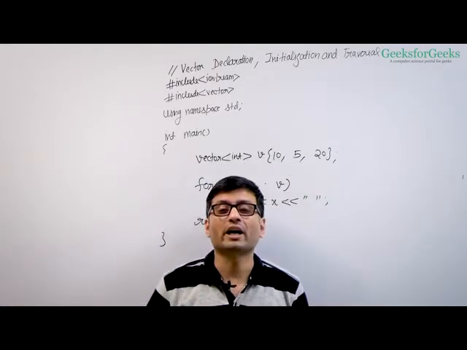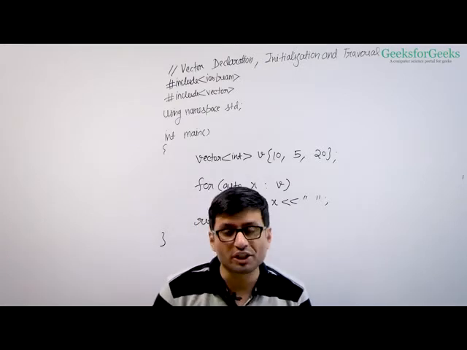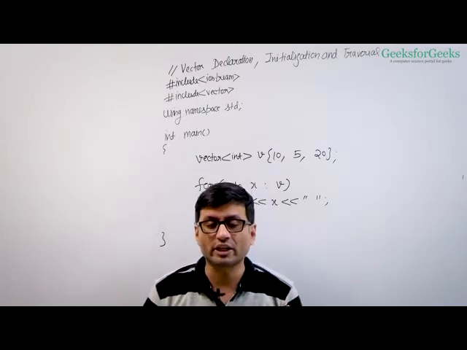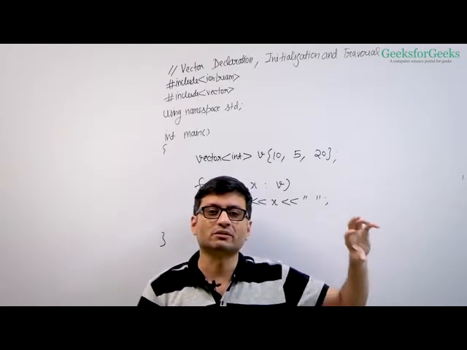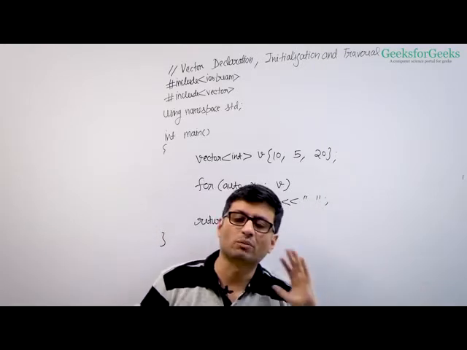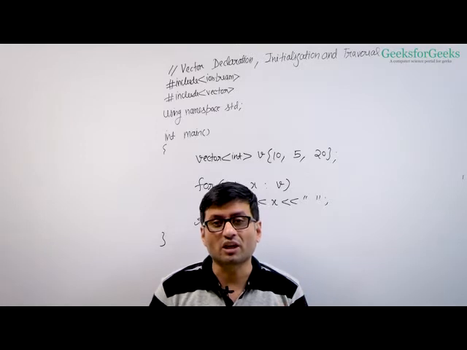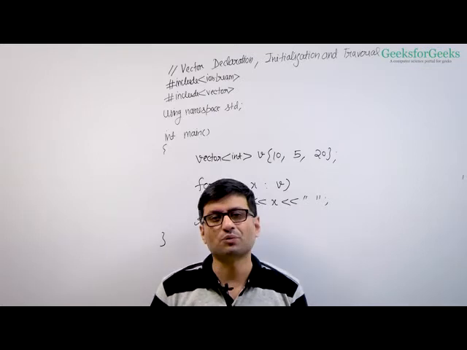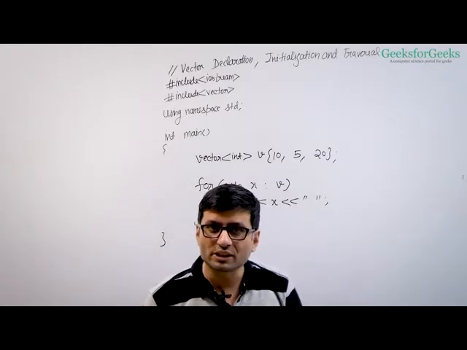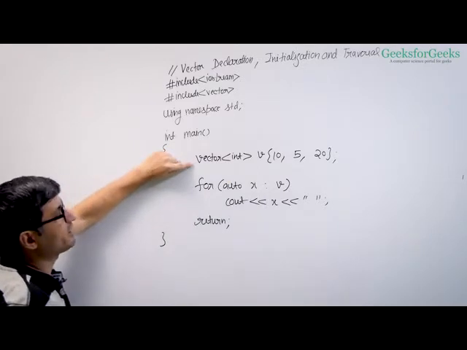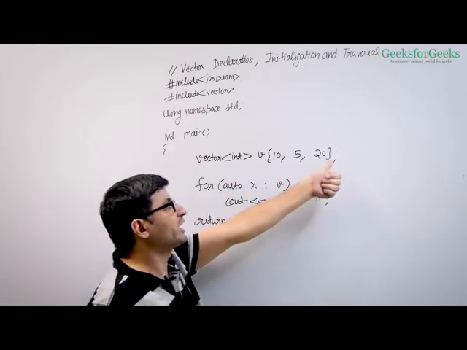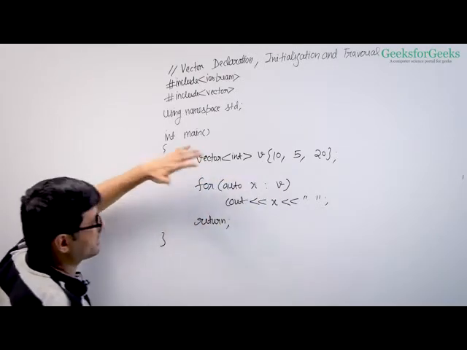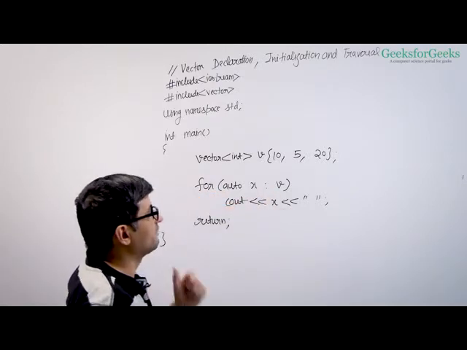In this video, I have talked about many ways to initialize the vector and many other ways to traverse the vector. Please note that we can use any of these initializations with any of the traversals. So there are many combinations possible. Now there must be a question: how do I initialize and traverse the vector? It's all up to you which way you find more convenient. I personally prefer this way. If I know the elements beforehand, I will create a vector this way like an array, and I'll traverse the vector this way because I'll have to type the least in this. I'll just type auto x : v and I'll get the elements one by one.